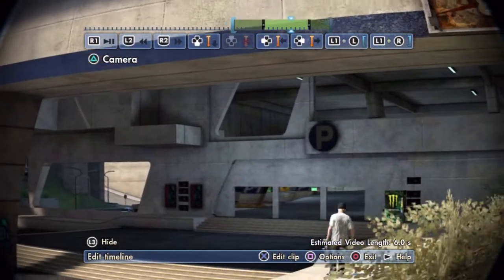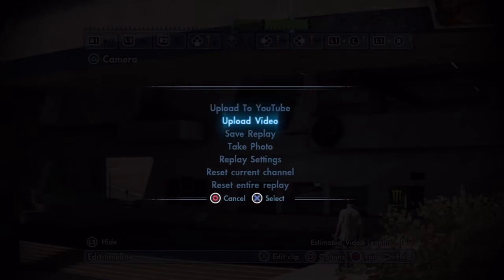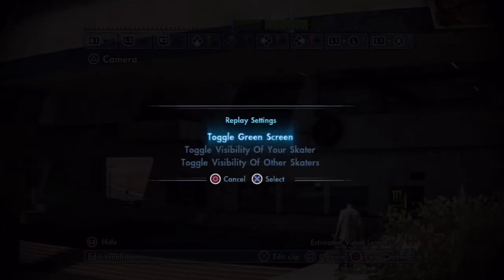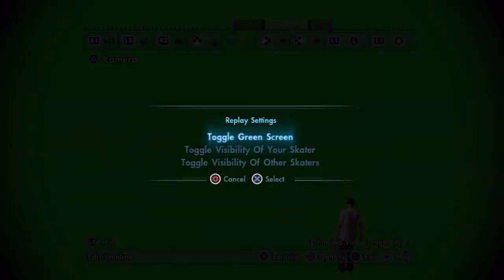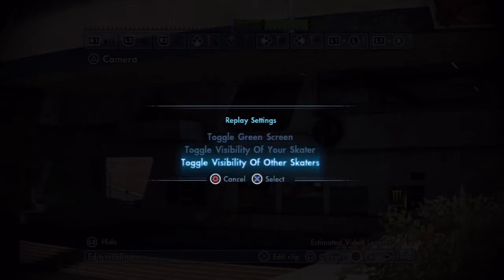So I'm gonna show you guys real quick that if you open up your options, you press square right there, there's all these different things. That's where you upload it. You can upload it straight to YouTube. You can save it to your individual own skate reel. You can take a photo of what your spot is, and then this is where you want to go, the replay settings. So you go to your replay settings, and you can do green screen, which makes your character there with the green screen in the background, and then the visibility of your skater on, off,